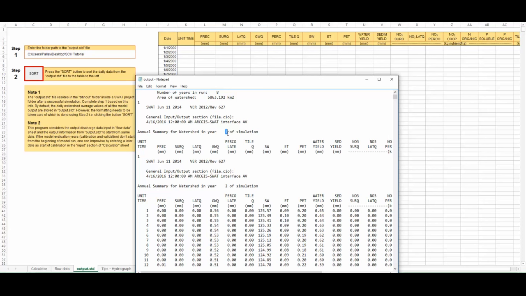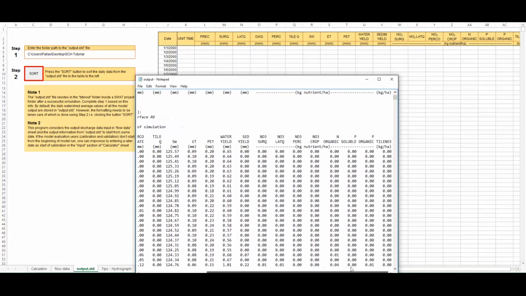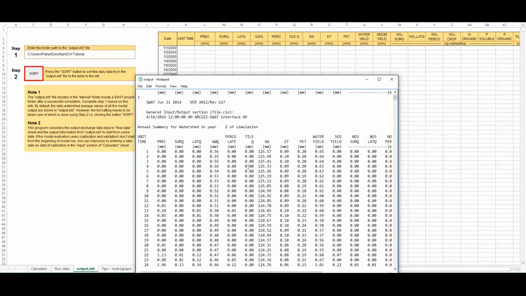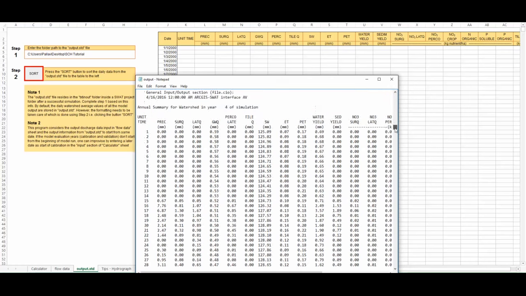The first year was the warm-up period, so the output of the warm-up period is not present over here, while from the second year the daily data output of the model variables, precipitation, surface discharge, lateral flow, groundwater flow, and many major model outputs are found over here,